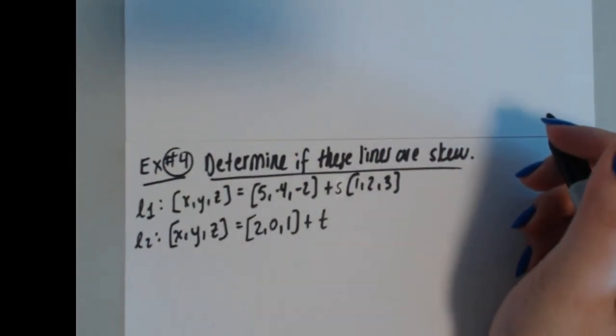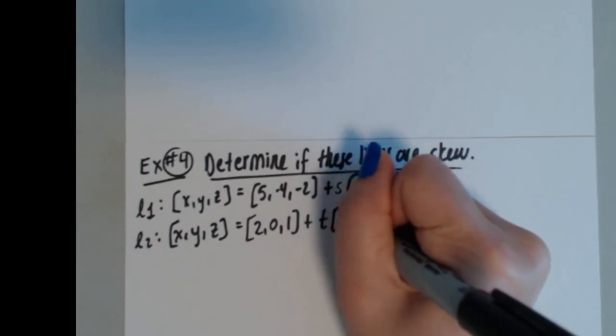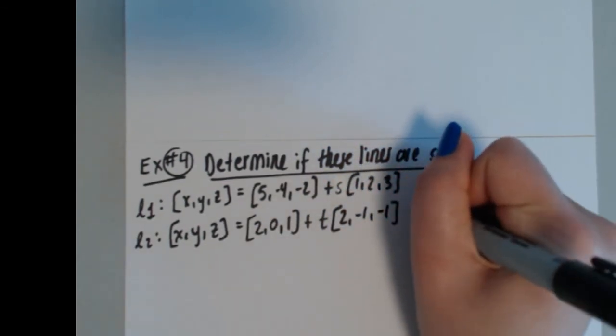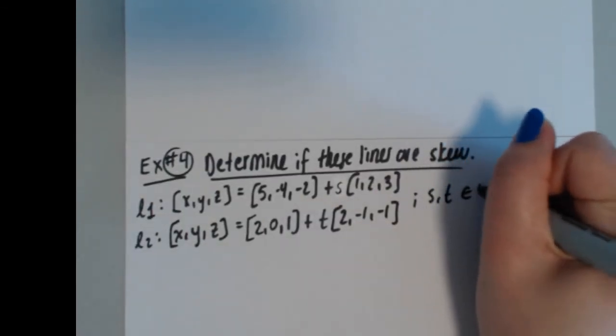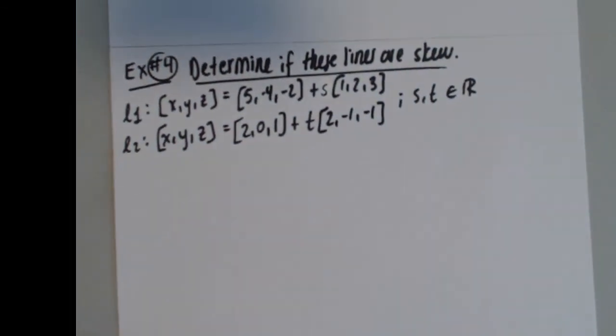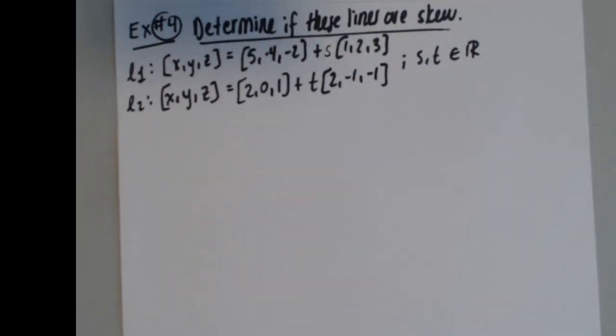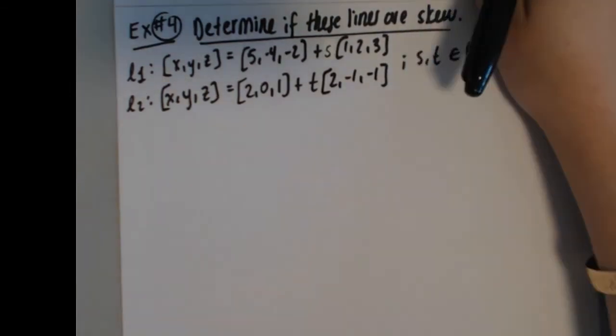Okay. T, and we've got the direction vector (2, -1, -1). And we'll say S and T are an element of the real numbers. Okay, so there's our problem. Determine if they're skew. All right, so you already know what it means to be skew, but let's just go